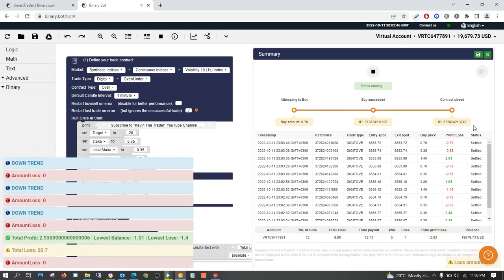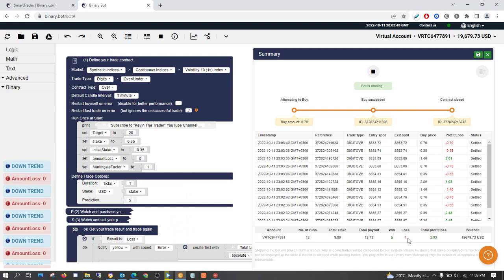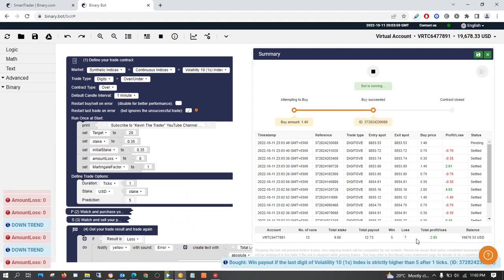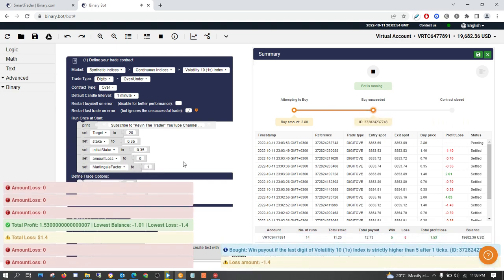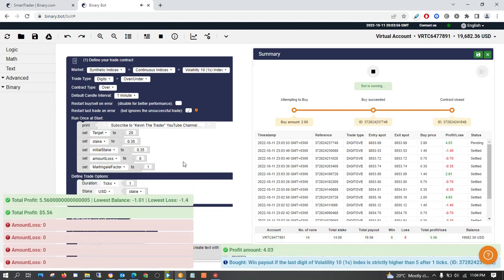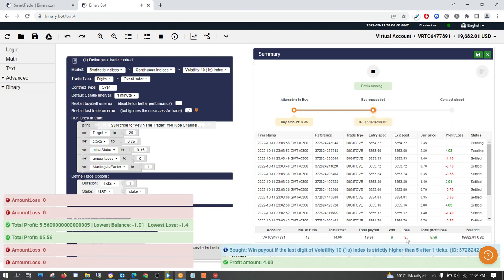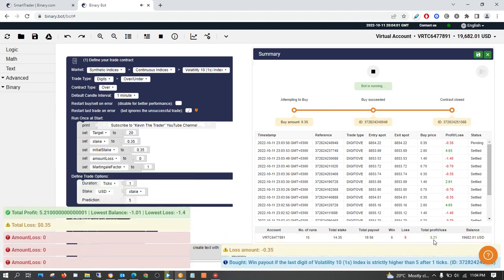So now expect more losses here, but everything will be taken care of using the martingale that we have put here. As you can see, we lost 8, won 6, but you're still profitable here.